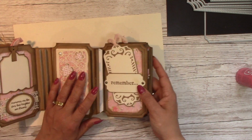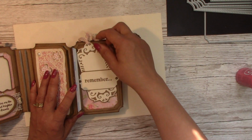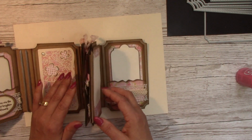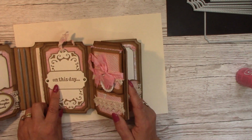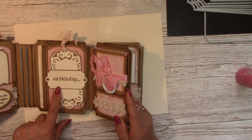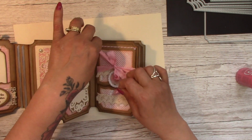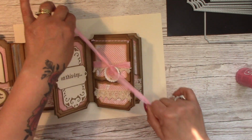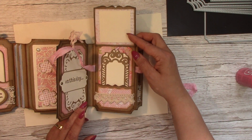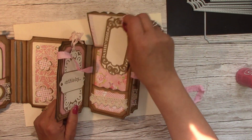Then coming on to this side here, again another one of the words. This one is remember, and another tag that pulls out there, and then we turn over, and there's another one that says on this day. Again, I've used the Nuvo Sparkle pen on the top of that. This one here, we need to just undo our ribbon, and we have another flap, like a secret one, where you can put some journaling on the top there. Another tag that pulls out,